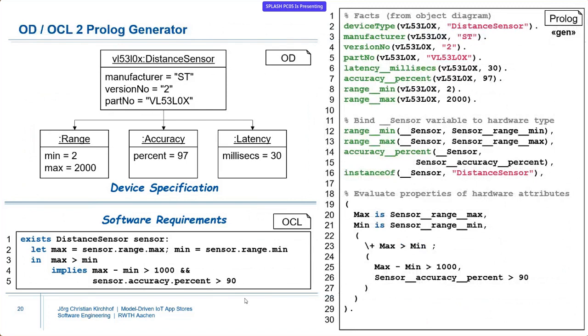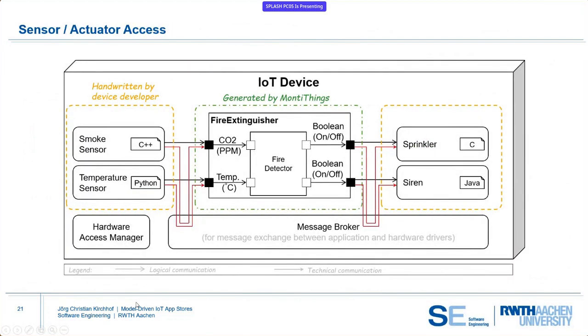And then in the end, you don't need to understand this, but just to see that there's some Prolog code in the background that's then generated from all these models. So we have, on the one hand, some facts that specify which devices there exist. And then we also, in the end, produce some rules that can be used to find out which devices are capable of running which software. As I said, the hardware is matched against the software shortly before actually executing it,